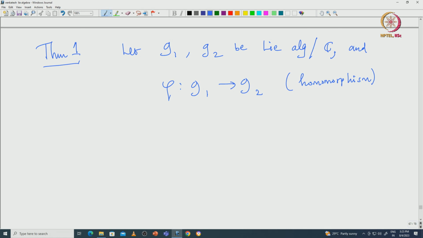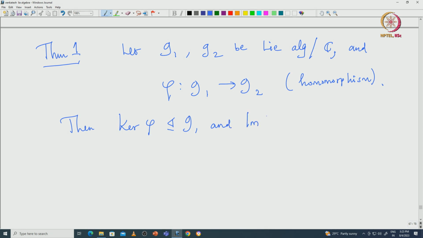Then what can we prove? We already verified that for a given homomorphism the kernel of phi is an ideal. So, if this is the data, then we can conclude that the kernel of phi must be an ideal inside G1, and not only that,